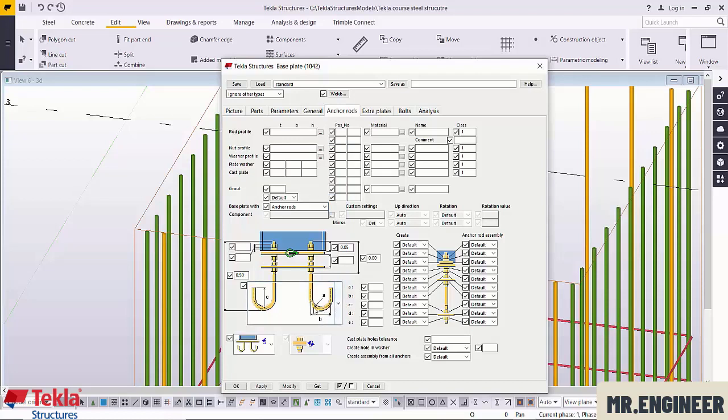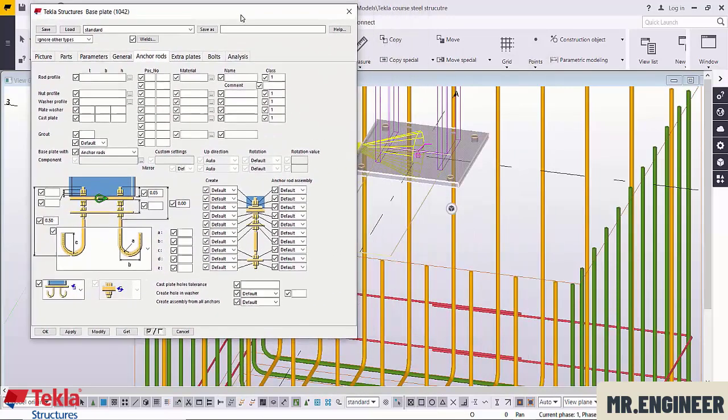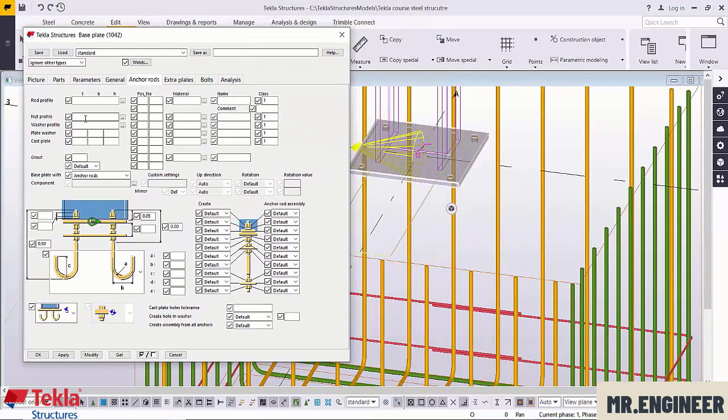Okay, we can change the properties. Let's leave this window empty, and Tekla automatically puts them. Also for the nuts here, for example, we can choose the properties of it. We can resize any properties we need. If we press modify here,